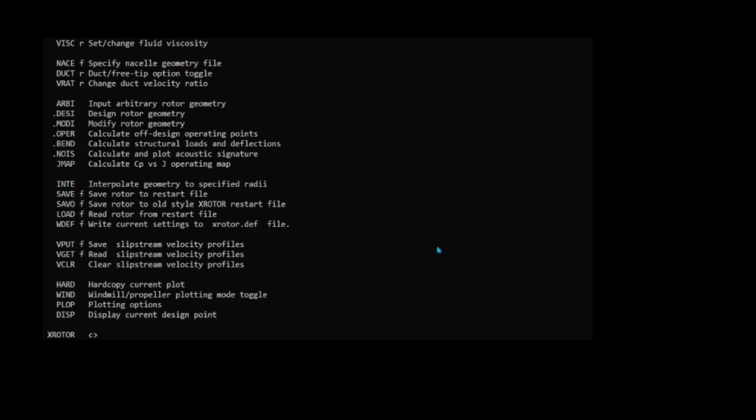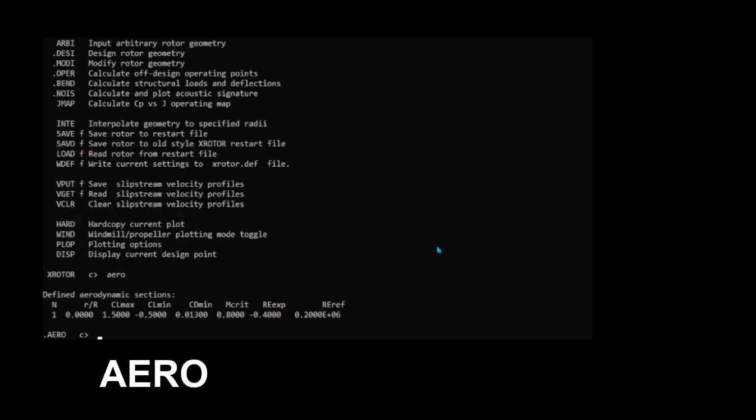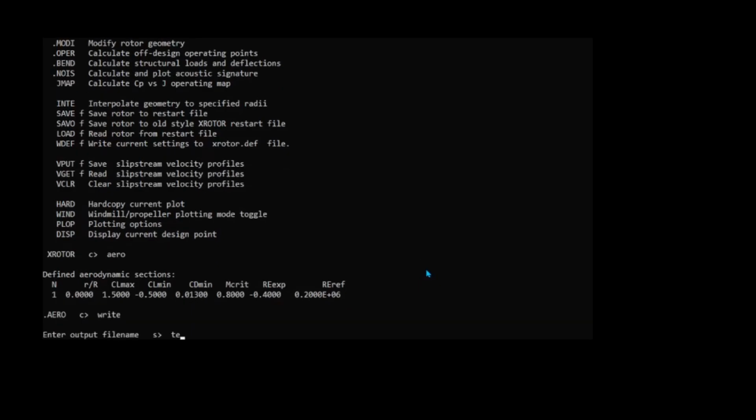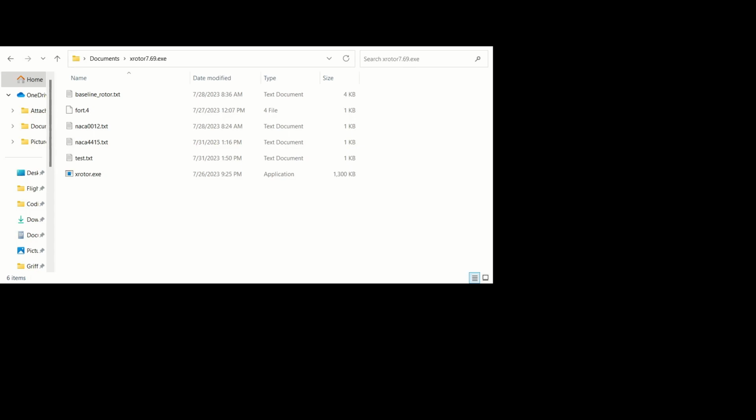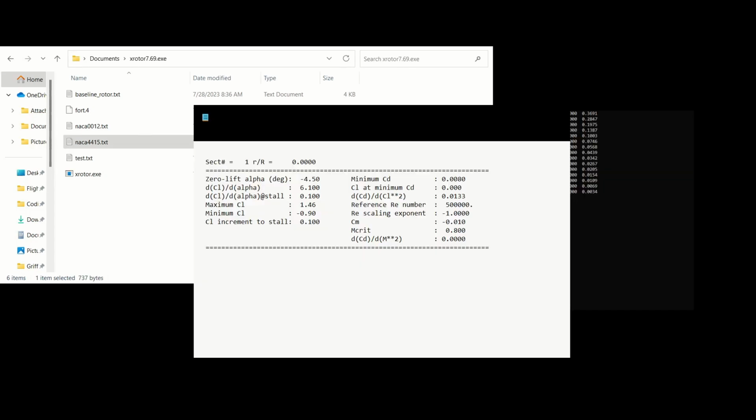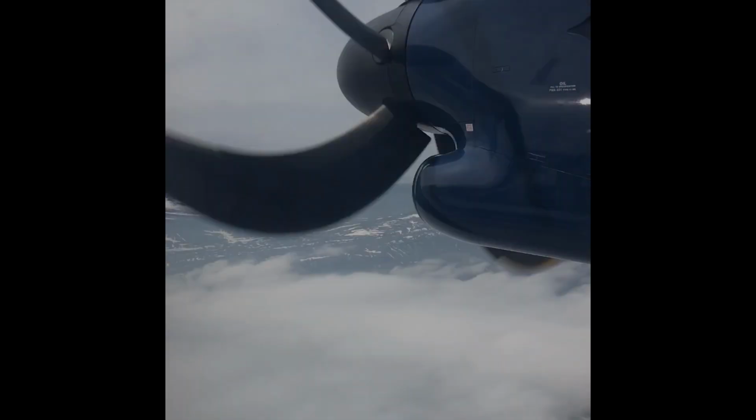To get started, enter the aerodynamics menu by typing aero. Next, I like to write out a test text file that I can edit with my own airfoil data. Take the temporary text file and edit it with whatever data you want. It's important to remember that capturing the airfoil aerodynamics correctly is going to be crucial to getting the correct rotor